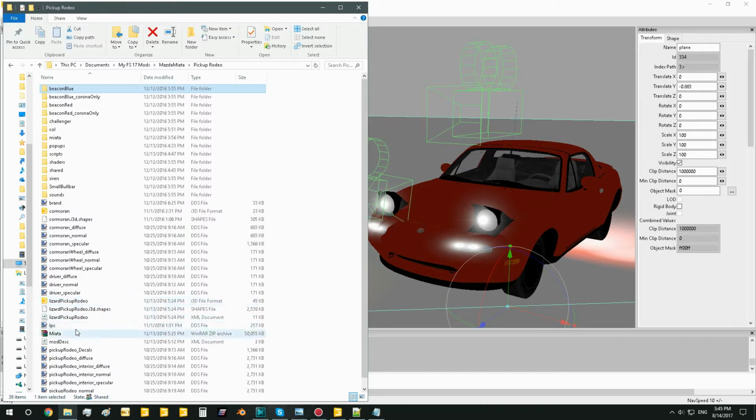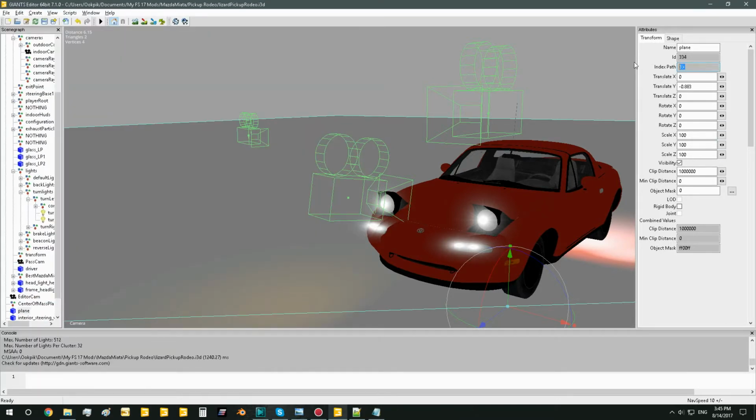If you go into your mod after unzipping it in a folder to work on it, and you go into your i3D file, you can find the index path or the node. The term is interchangeable, so node and index path mean the same thing. You can find it in the attributes panel, window attributes in your Giants editor, the i3D file of your mod. You'll find index path under attributes transform, and it is a series of numbers and symbols,